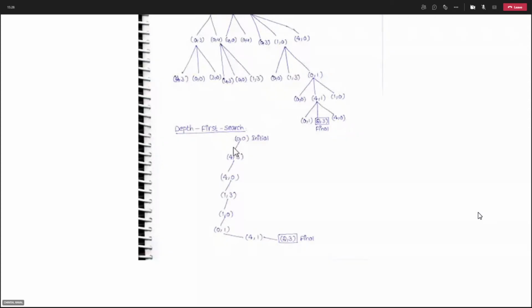But where this can be advantageous of using depth first search is when you have very less processing power, and time and space complexity is very crucial for you. At that particular moment, you can use this algorithm, depth first search.